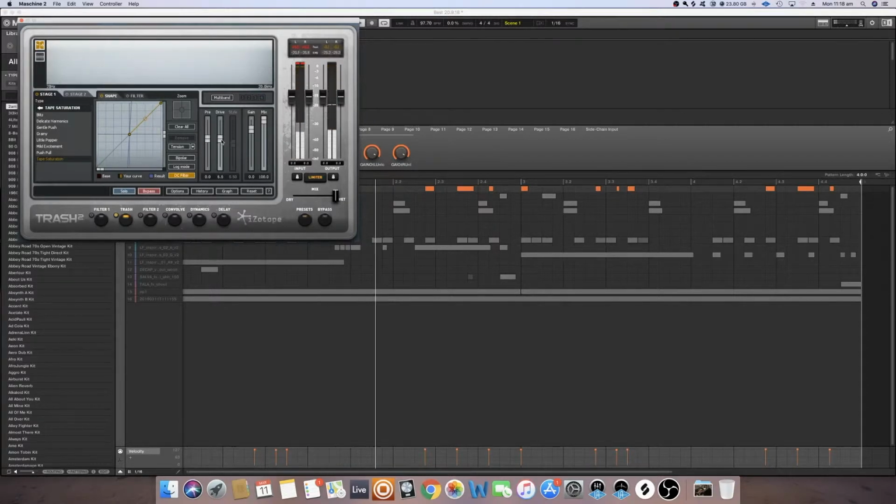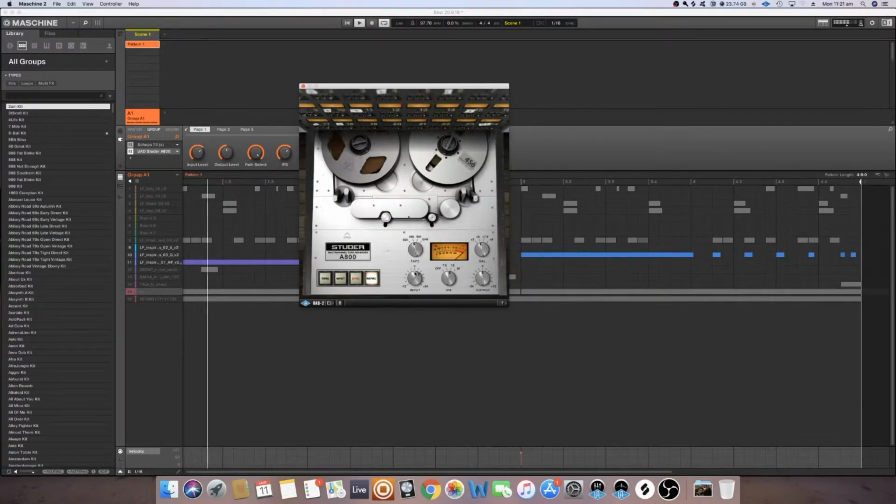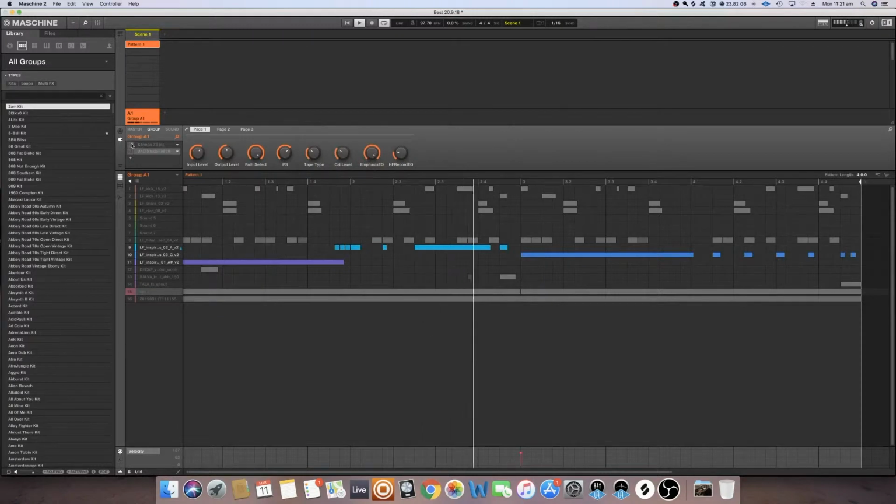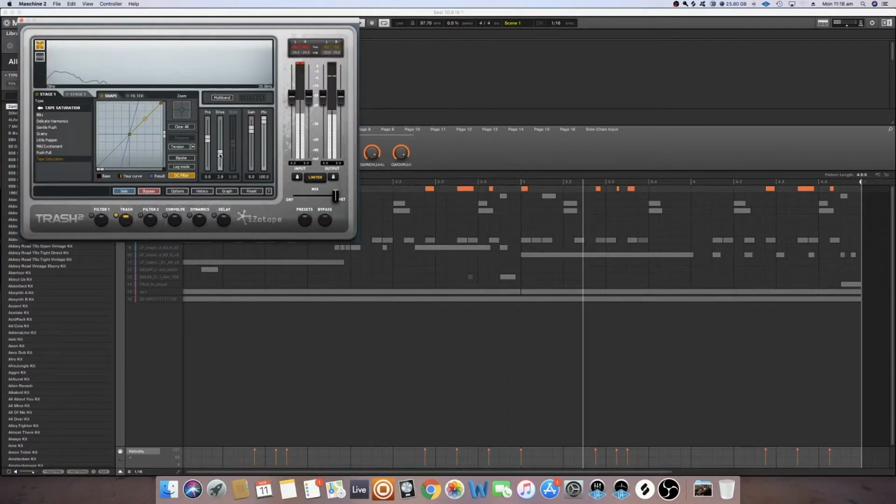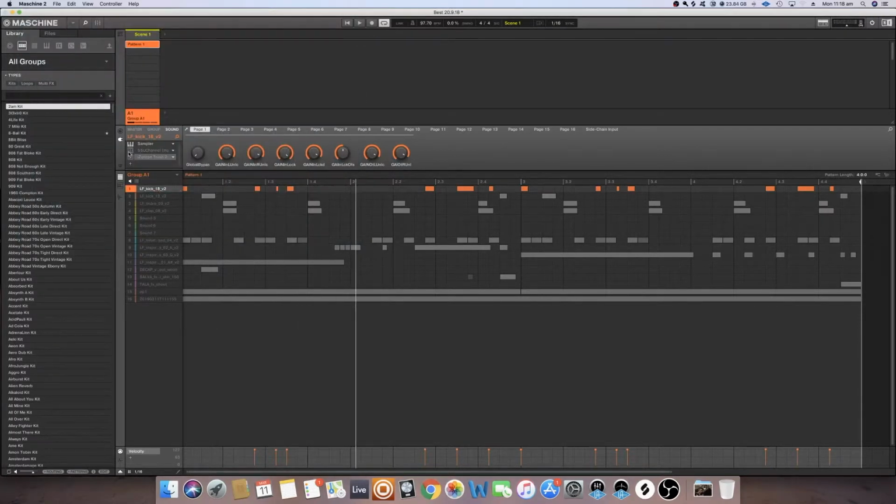My 2 top favorites are the Studer A800 from UAD and the Oxide Tape, which I love using for bass frequencies, and the Studer I use for mid to high range sounds. Isotope is a great all-rounder, sounds excellent on everything. And then you have other ones like FabFilter Saturn, which is really effective. It's a multi-band type of saturation, so you can use different parts of the EQ to saturate different parts of the frequency. It can bring out certain harmonics or transients that we don't like, and that's why we go to